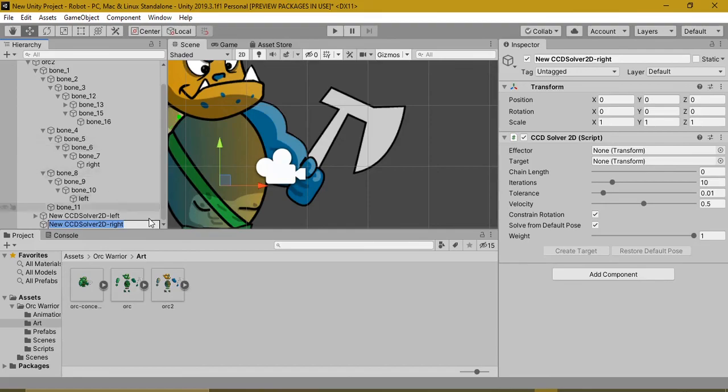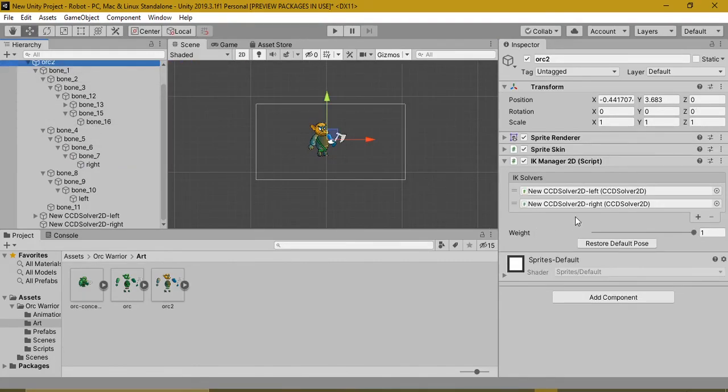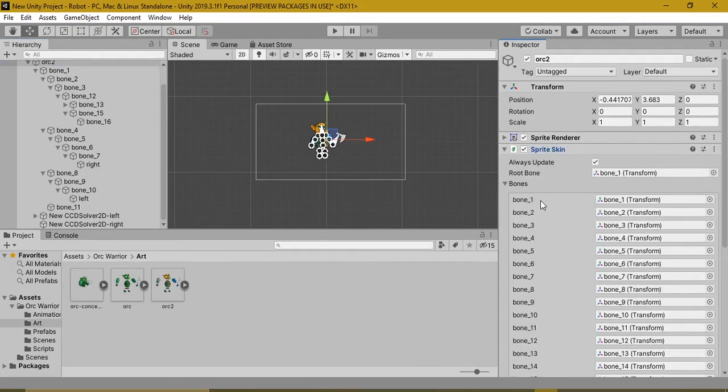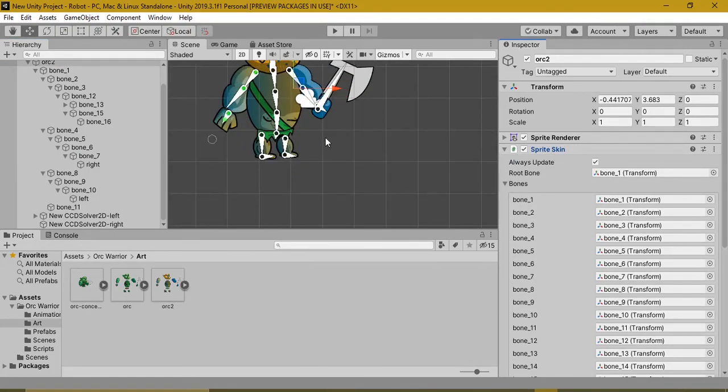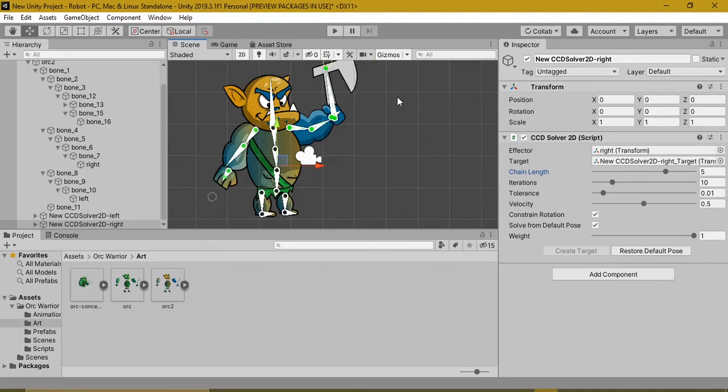Now I will choose right and put it as the effector. I'll increase the chain length to the whole arm, and I'll create target. So now you can see our arms are animated.